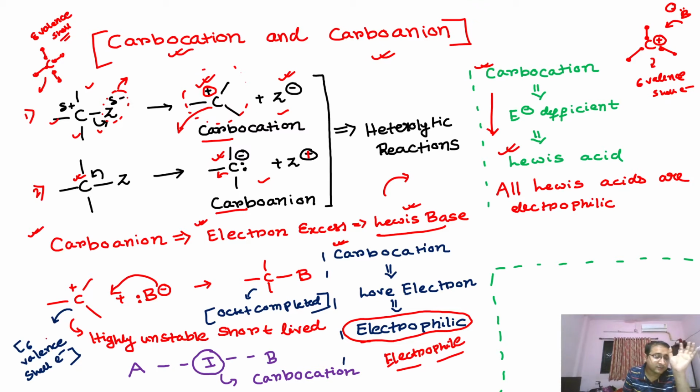Because of this six valence electron. They always try to snatch electrons from others and will form these types of compounds. So they are not very stable. They are basically formed as an intermediate species in any type of chemical reaction. So this thing you have to remember, that carbocations are not a very stable species. They are basically reaction intermediates, carbocations or carbanions.